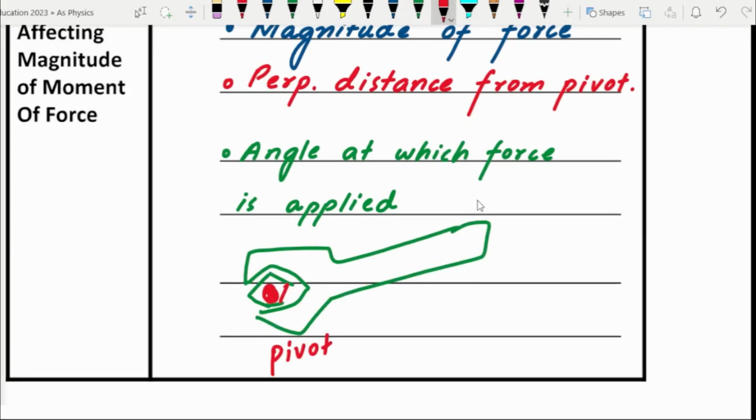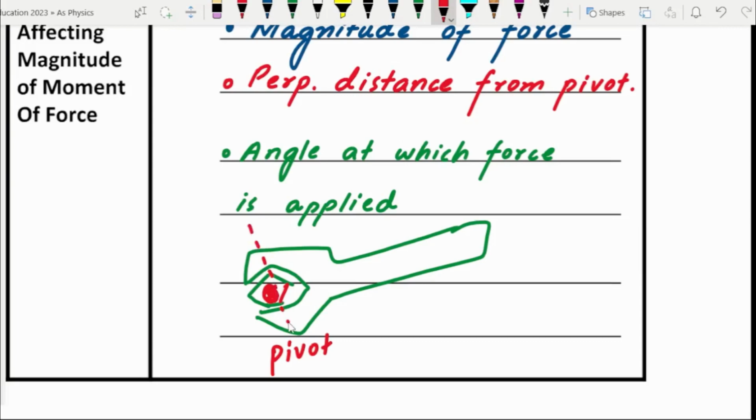The first thing you can do is increase the force. Let's say you're applying a force of 10 Newton. Now you apply a force of 20 Newton. In that case, the moment of force would increase. Okay? The second thing would be, try to